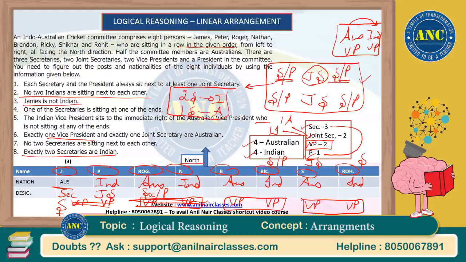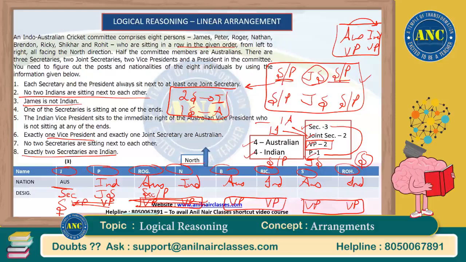This is also the information that we got. So in the above case, let's take the case more intensively. If this guy is a secretary, Indian secretary, and this guy is secretary or a president,